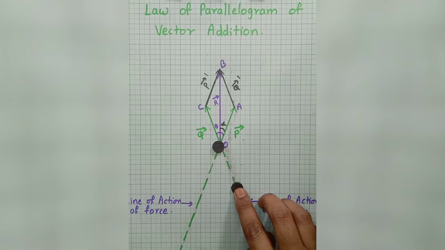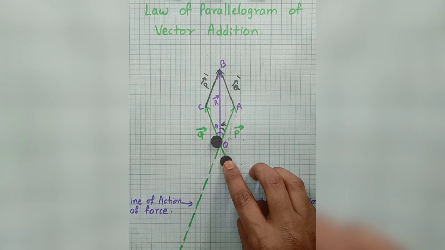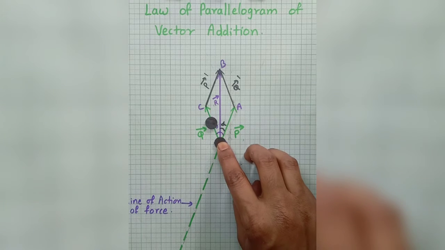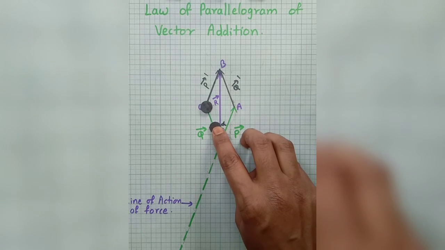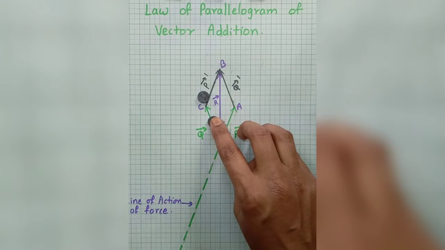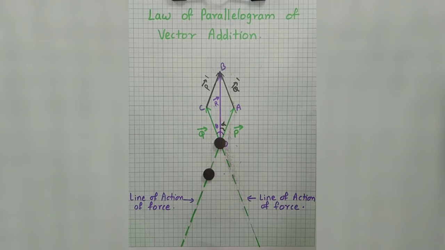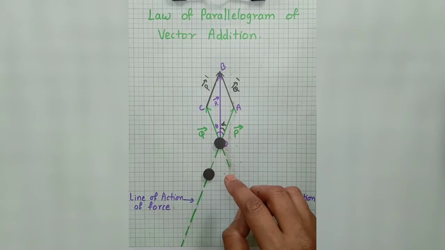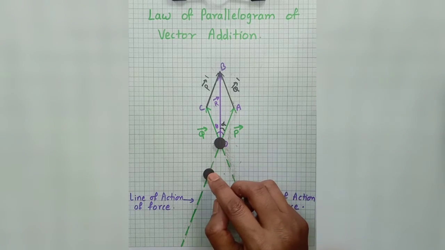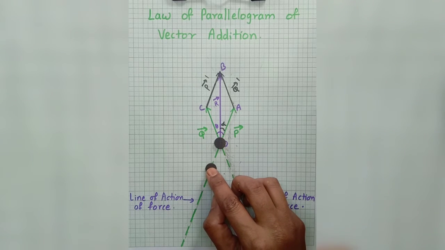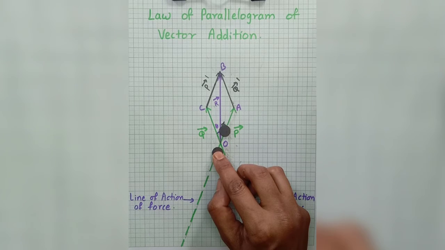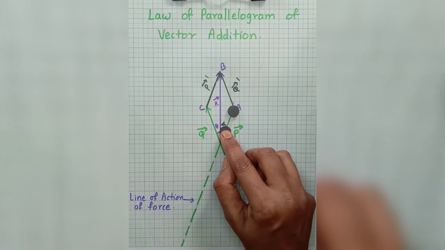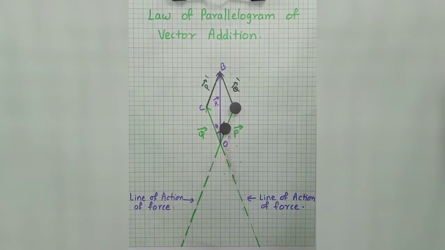Now I will move the first magnet, and you can observe how the second magnet moves. So this is traveling along the vector q. Now I have brought the magnet again to the center, and I have placed the second magnet along the direction of vector p. Now I am going to move this and we will observe how the other magnet moves. So it has traveled along the direction of vector P.